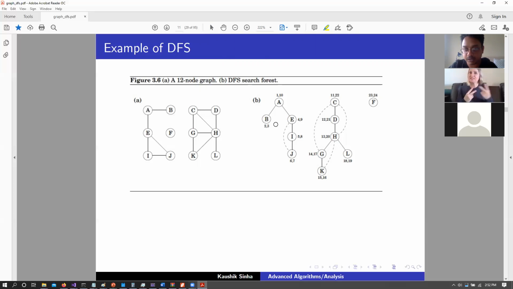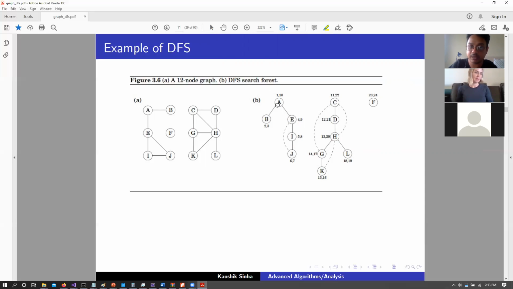Once we are done with B, we go to the next edge of A, that is E. The pre-visit number for E is now 4. From E, we go to I, where the pre-visit number is 5. Then from I, we go to J, where the pre-visit number is 6. Once this is done, we come back to E, and E gets the post-visit number of 9, because we are coming back from J to I, and then from I to E. We're jumping out of the recursive calls.